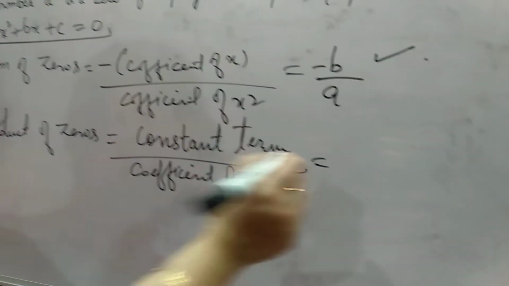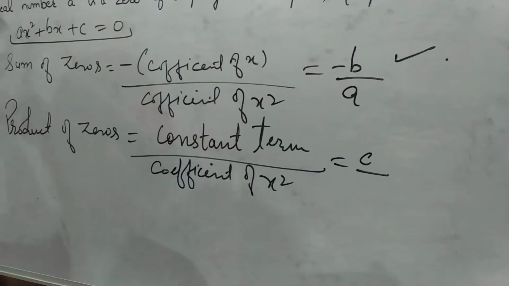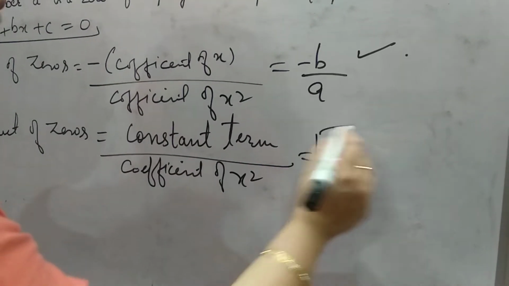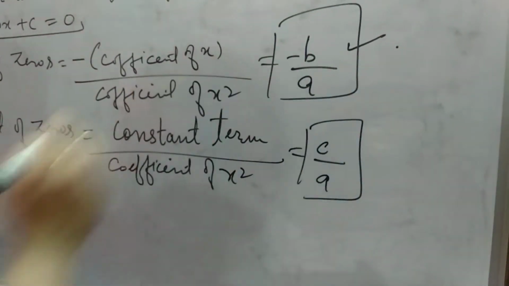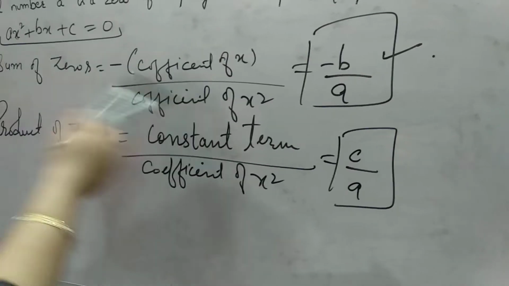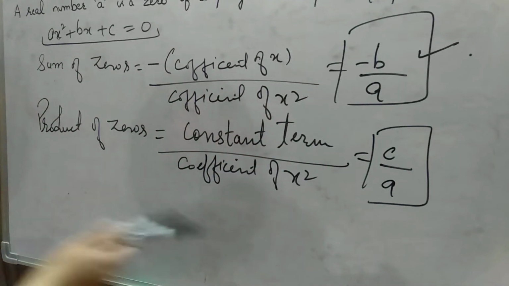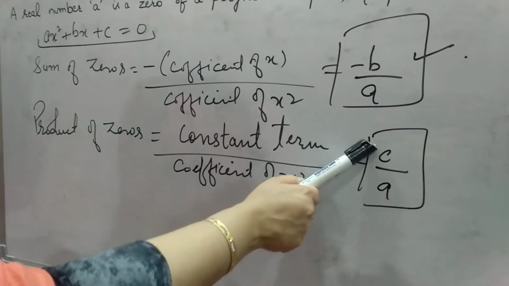The constant term is c and the coefficient of x square is a. So this is the formula for finding the sum of zeros and product of zeros. Sum of zeros is always equal to minus b upon a, and product of zeros is always equal to c